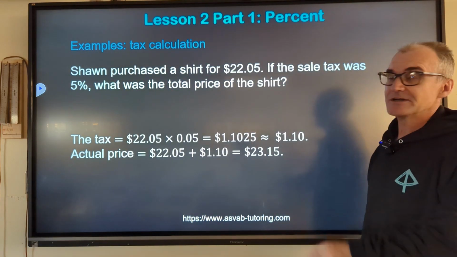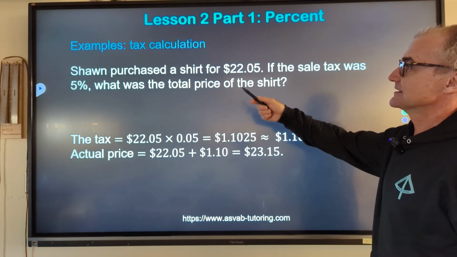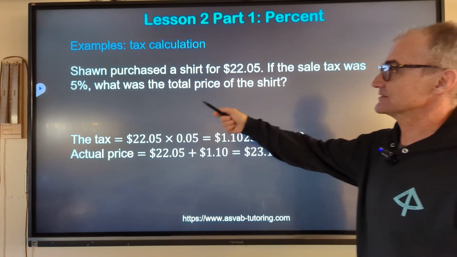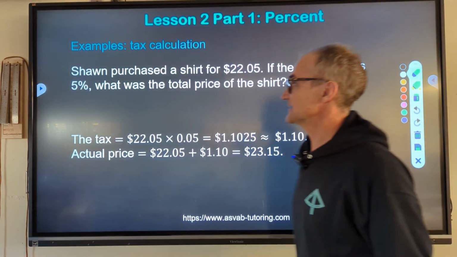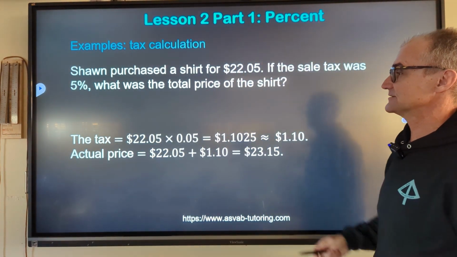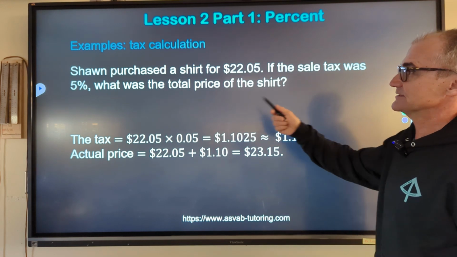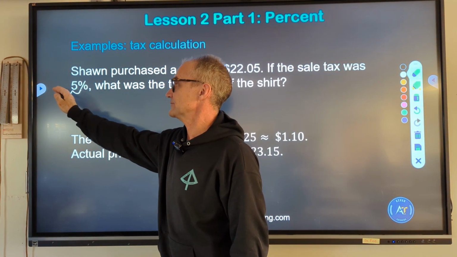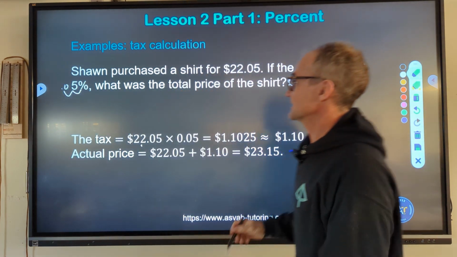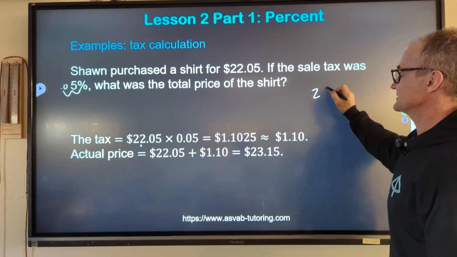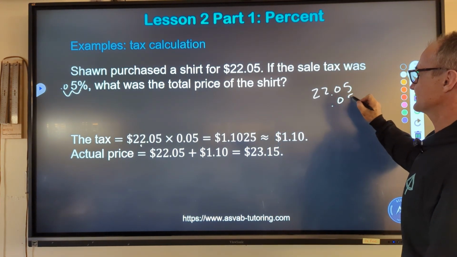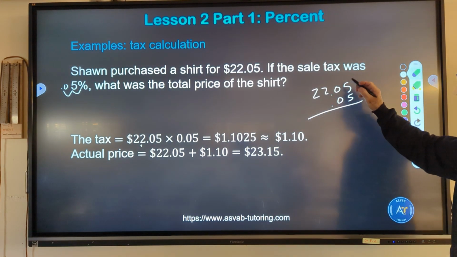Okay, a few more to go. Tax calculations. Sean purchased a shirt for $22.05. The sales tax is 5%, obviously not California. What was the total price of the shirt? So what I'm going to do is take that percent, convert it to a decimal, 1, 2, to get 0.05. I'm going to take the selling price, $22.05, times the tax rate of 0.05, multiply through long